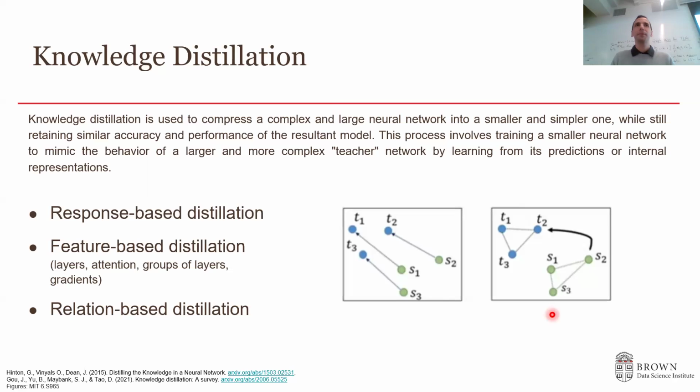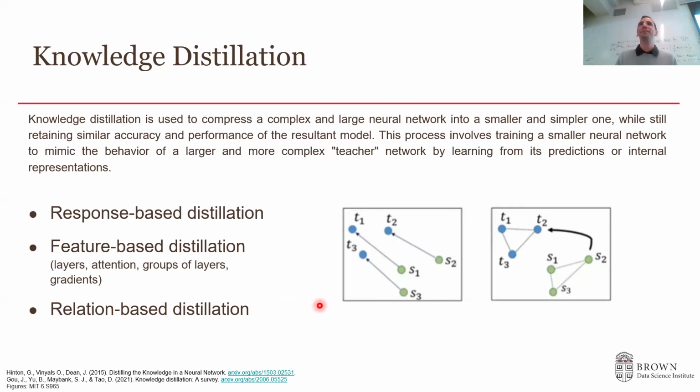Any questions? I guess you could combine the three approaches also, a hybrid. Sorry, the question was whether you can combine the approaches. You can look at response-based distillation as one particular case of feature-based. You can see the response as a feature, so you can combine them, and the relation distillation too. I didn't see a paper that combined them. In theory, it could work, but I didn't see research saying that. And it might not work, I don't know.